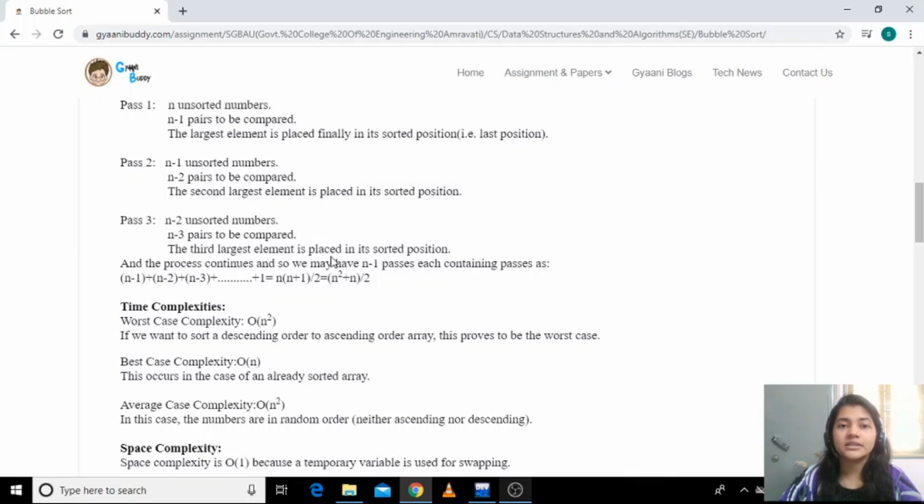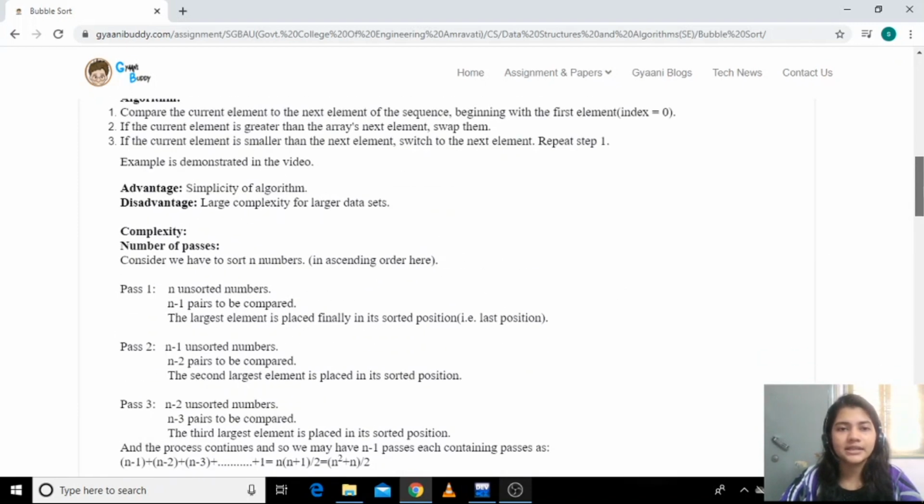And when we sum this up, we get order of n square complexity, that is we get n square plus n by 2 number of comparisons to perform bubble sort. And thus we say that the worst case or the average case complexity is order of n square. We will move on; first let's see the code.